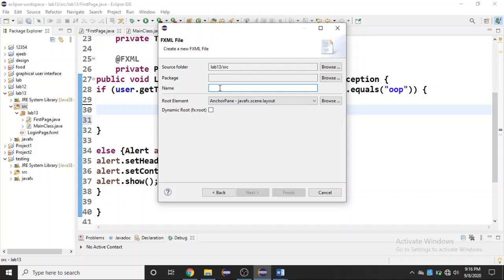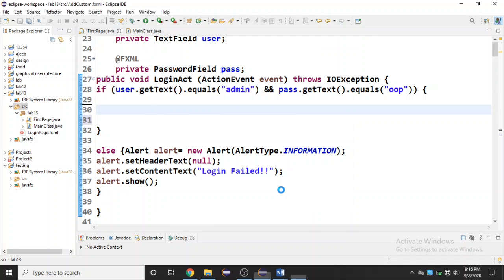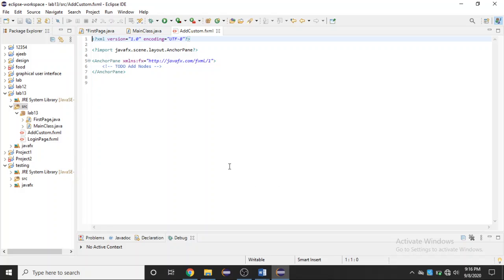I am giving a name, let's suppose add custom. So this is my add custom file.